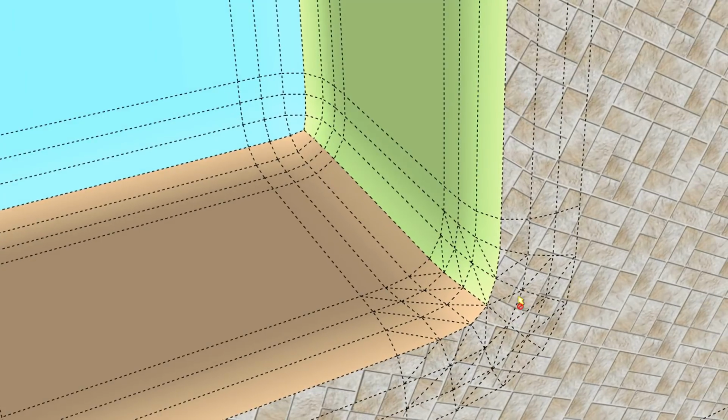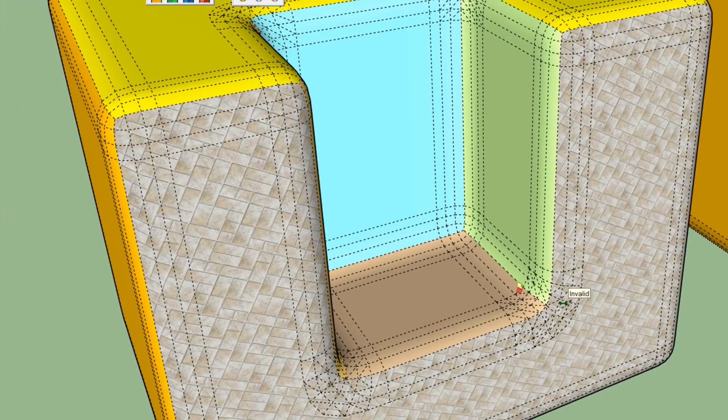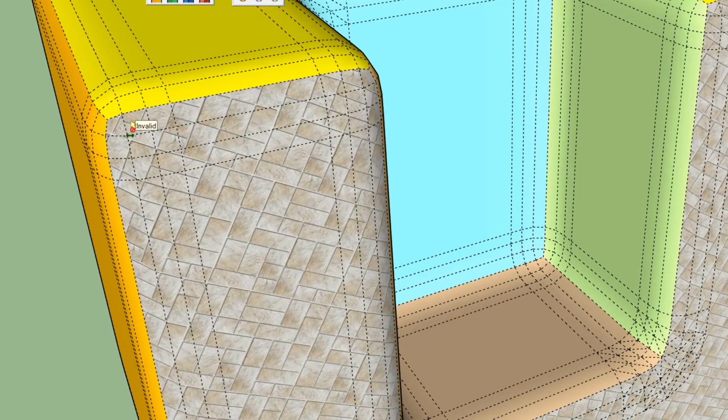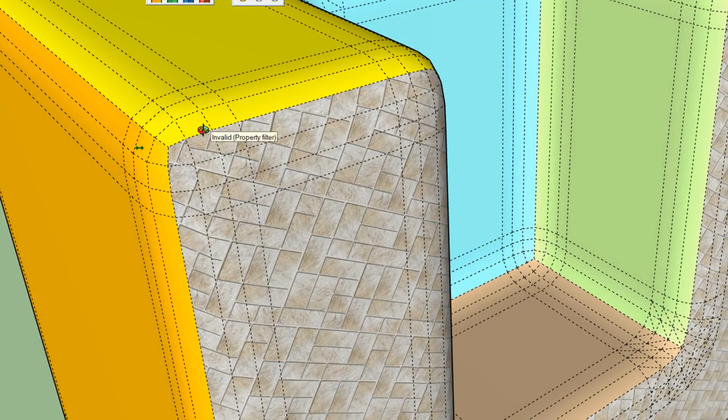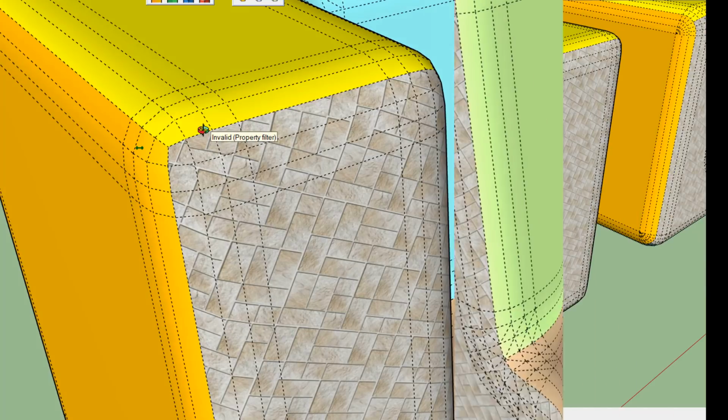This one as well. By the way, you notice that Fredo Corner does a better job to handle the continuity of textures on borders and corners.